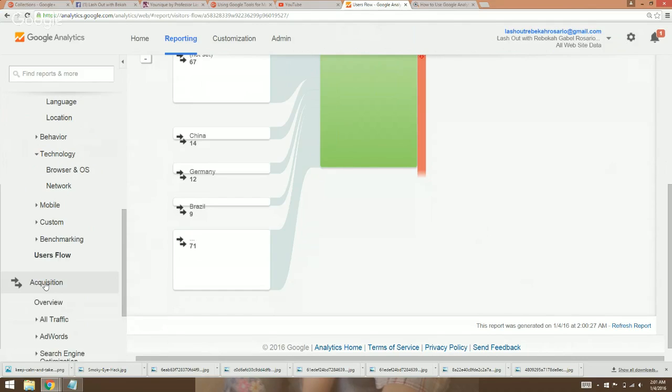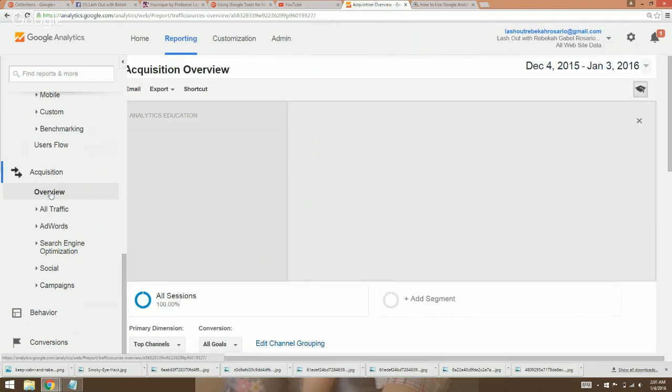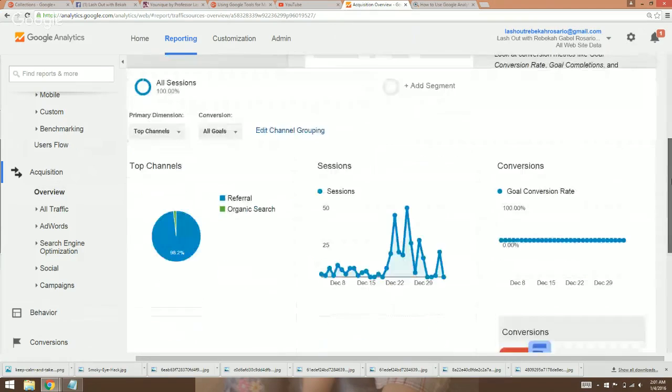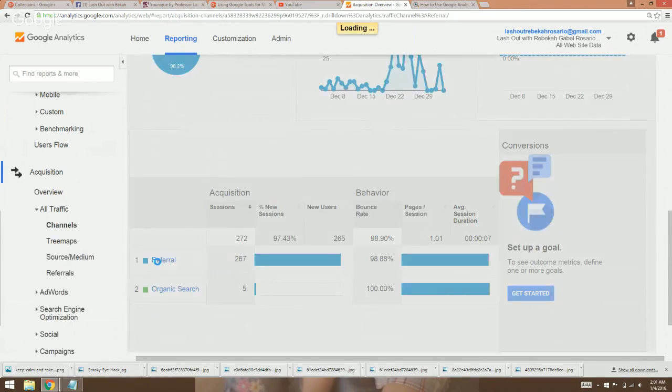Now let's talk about acquisition. Now, why is this important? I want to know where people are coming from, right? So if you click on overview, this is where you go to figure out where people are coming from to get to your site. So I have 267 referral links. So if I click on the referral,